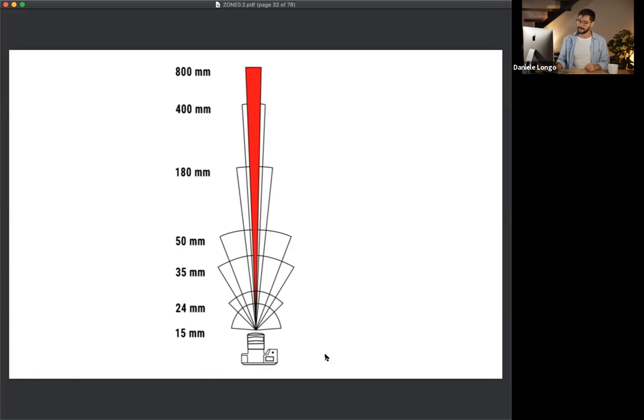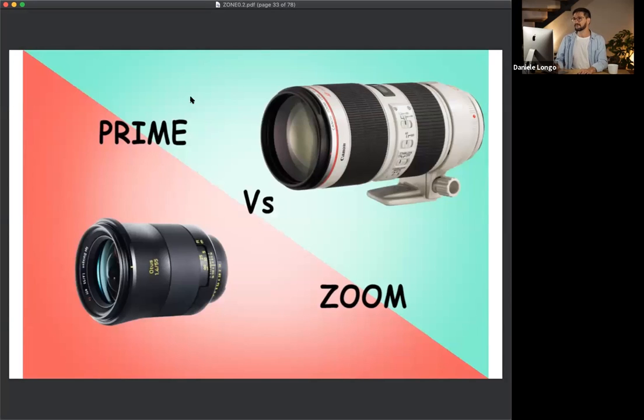But the problem seems to be solved because now I think Canon does this 14 millimeter lens that is crazy, that is corrected. And so I guess we can call them a super wide angle now. Okay, so the wider the lens, okay, let me step back, sorry. Let me see what's the next slide. So that's exactly. Lenses there,